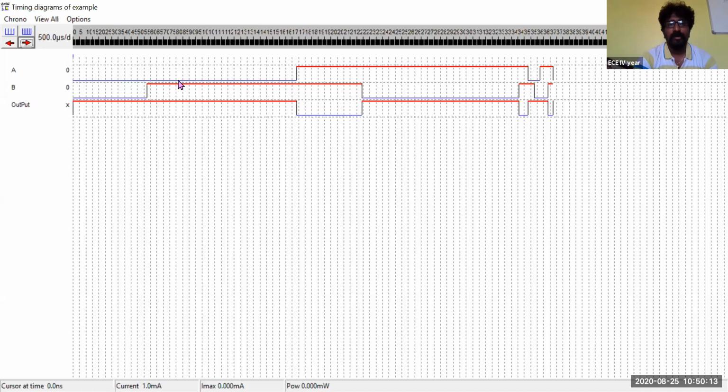Now if input A is equal to 0 and B equal to 1, then definitely we are supposed to get output 0. But here we have obtained output equal to 1. For the 1, 1 case, in the AND gate operation, whenever input A equal to 1 and input B equal to 1, the output should be 1. But here the output which you have obtained is a logical 0. So it goes on like that for different cases of the AND gate.